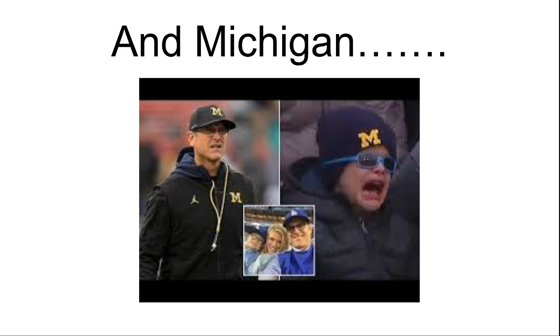No. They'll be in the Fiesta Bowl against Washington State, and we can have a Mike Leach, Jim Harbaugh matchup. Dude, choker. Yep. And then if Michigan loses to Washington State, I could say, oh look, Michigan State beat Washington State in a bowl, and you couldn't. That would be great. But